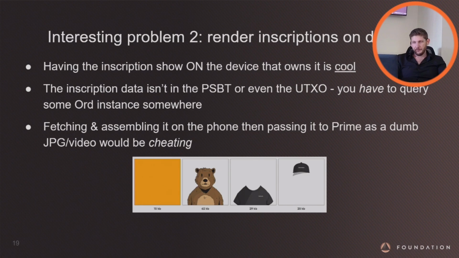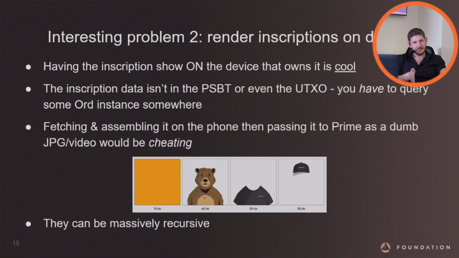That's not fun. But this is going to have limitations because they could theoretically be massively recursive, and we're a security device, we're not a PC. So how much is reasonable to do? Do you have to implement a whole web browser, canvas thing to run on here, since they can be almost any web content format? Do you need to filter certain file types to not show them on here because it's just too risky, seeing as you're near keys? I mean, theoretically, the OS design protects you from that stuff, but PDFs, for example,